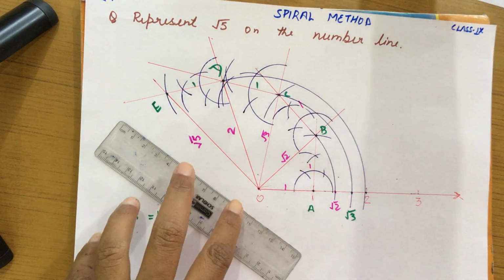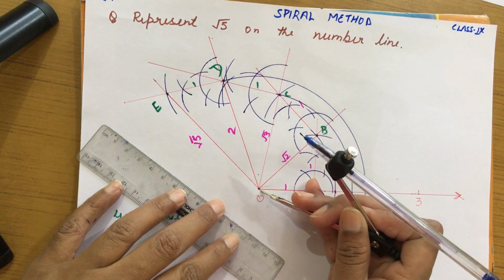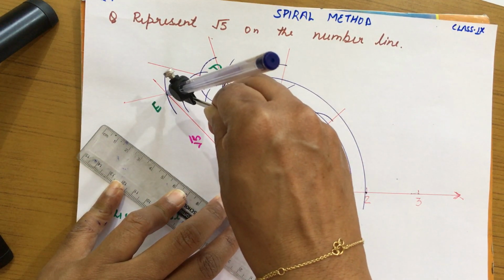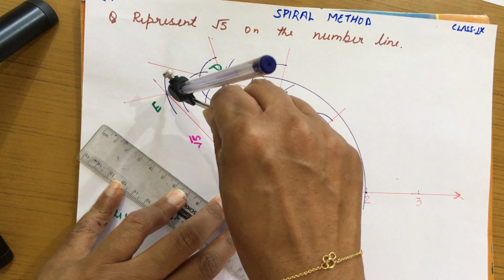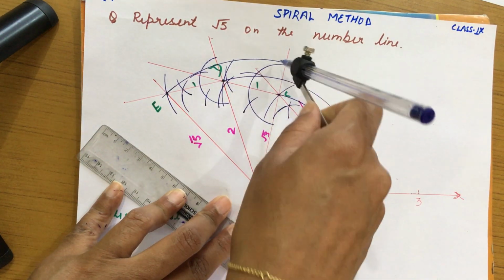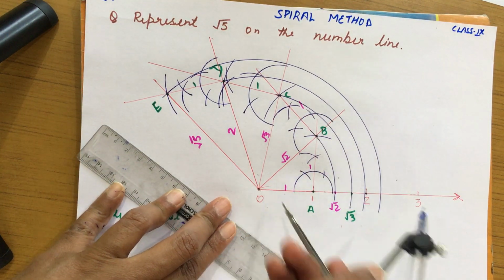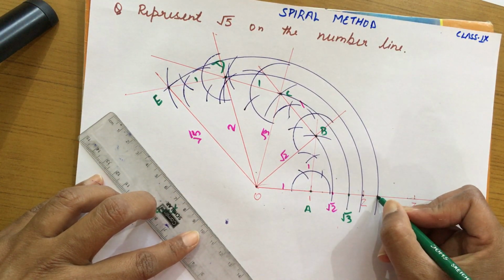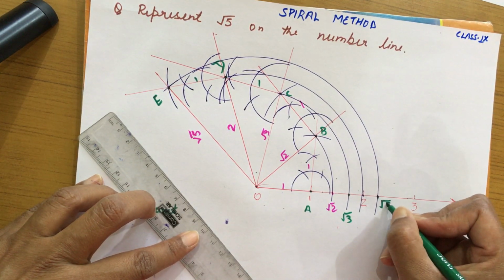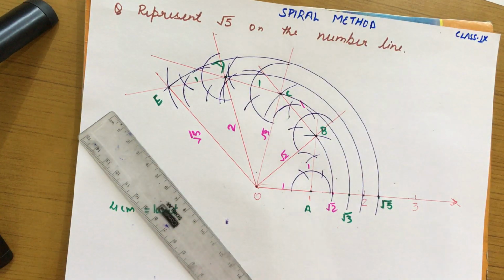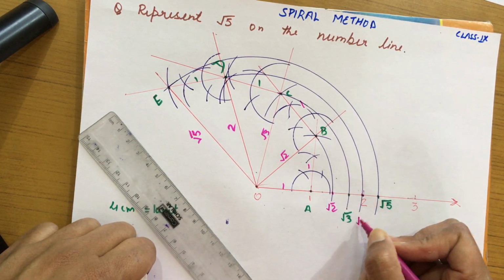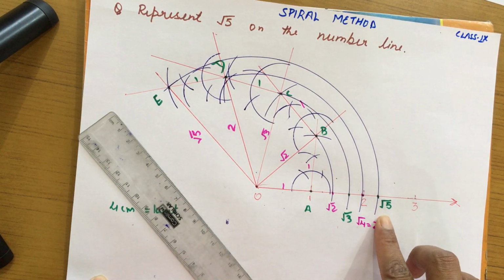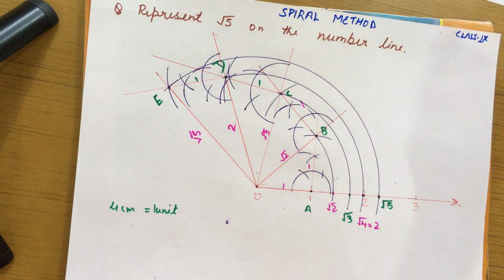Now again you will plot it on a number line. Needle on O point, E point पे आप pencil और pen रखोगे, then wherever it is intersecting on a number line, that becomes my root 5. So this is my root 5. इससे पहले जो पॉइंट आया था वो तो हमारा रूट 4 था, और रूट 4 we all know it is 2. And root 5 is approximately 2.23, that's why you are getting 2.23. Thank you.